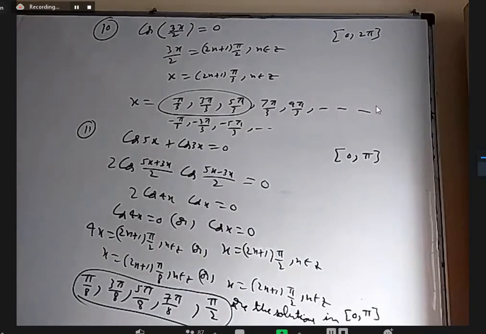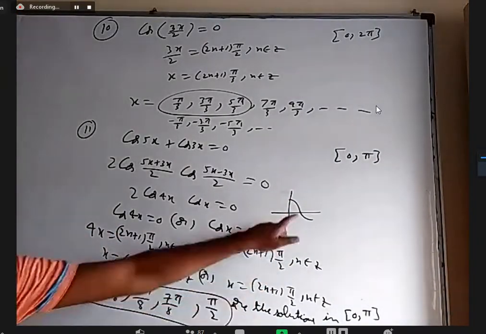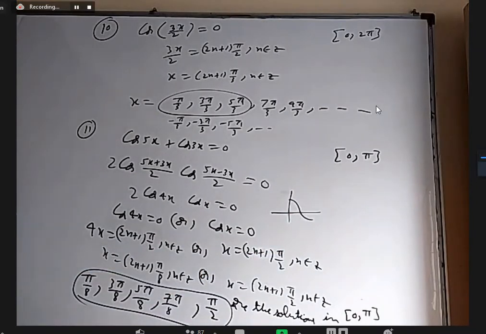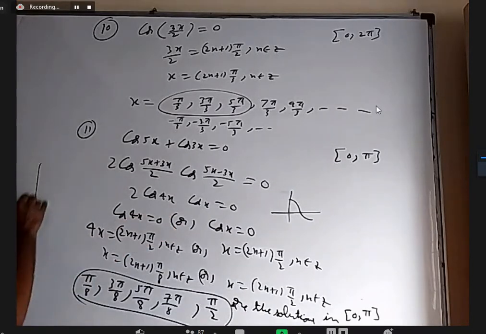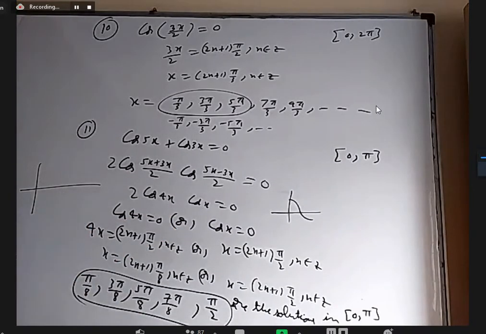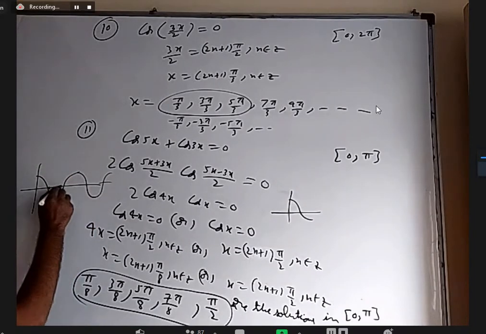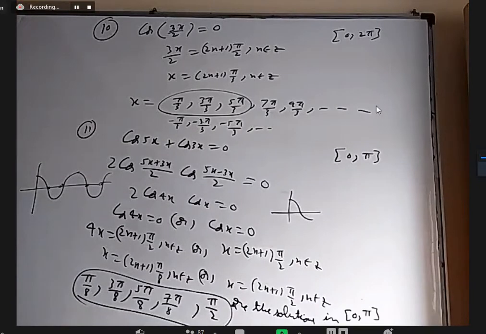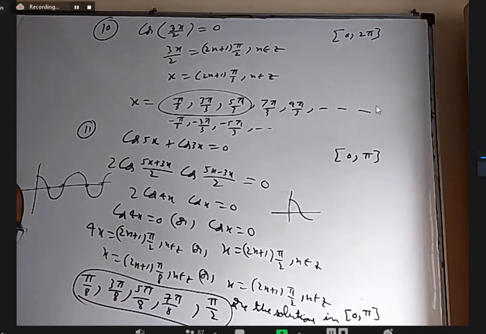Of course, I can tell from the graph also. Between 0 to pi, graph of cos is only this. It becomes 0 only once. Whereas when x is between 0 to pi, 4x is between 0 to 4 pi. 0 to 4 pi means two waves. 0 to 2 pi one wave, 2 pi to 4 pi another wave. Cos is 0 4 times. You can see that, right? So cos 4x is 0 4 times and cos x is 0 1 time. There are 5 solutions total. 4 from this and 1 from that.